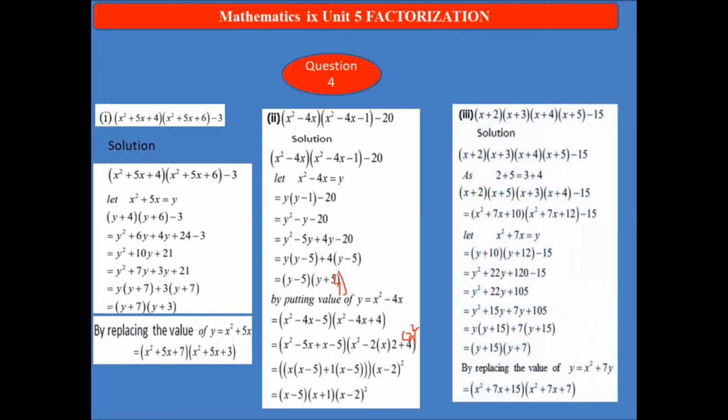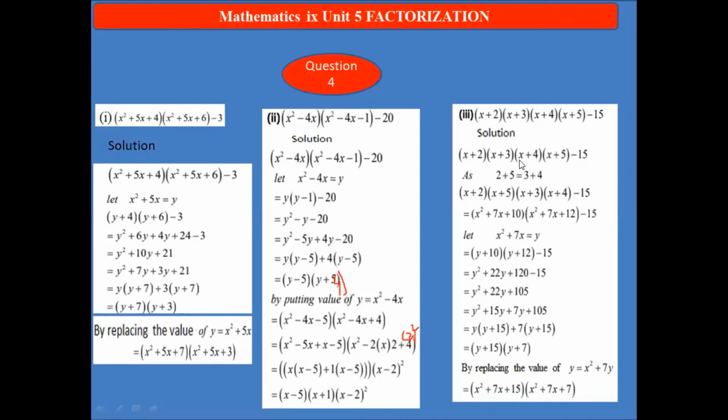Part 3. This type of question is just similar, as we have x square minus 4x, and there is x square minus 4x. So we have to multiply these. We have to take these two terms and multiply in such a way that we have something common between them. Take 2 with 3, we have 5, and 4 with 5, we have 9. So we can't multiply this with this one, because we have nothing common between them.